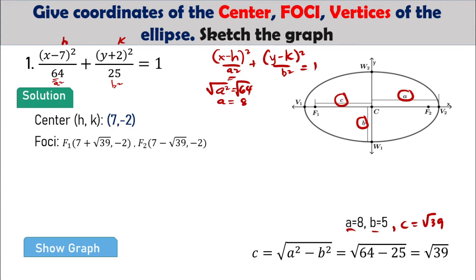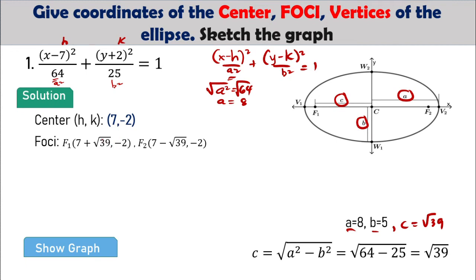Since the ellipse is horizontal, our focus 1 is given by 7 plus the square root of 39 and negative 2. We only add because it is horizontal, so we add to the